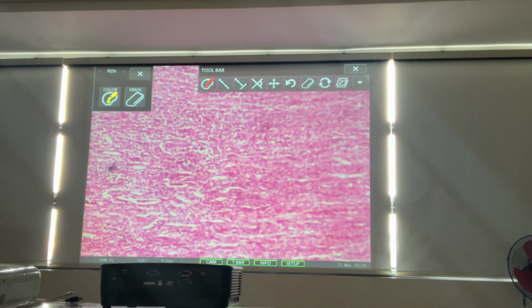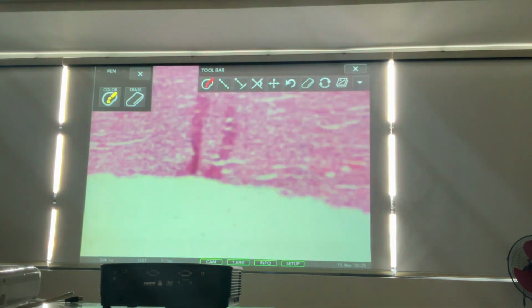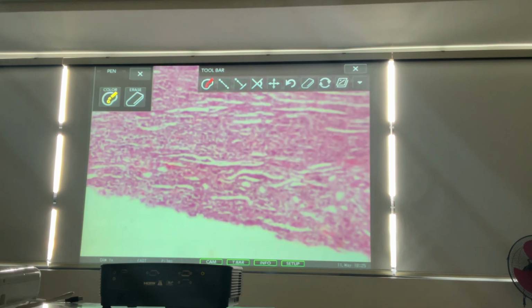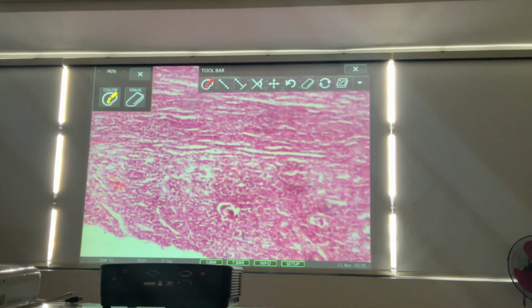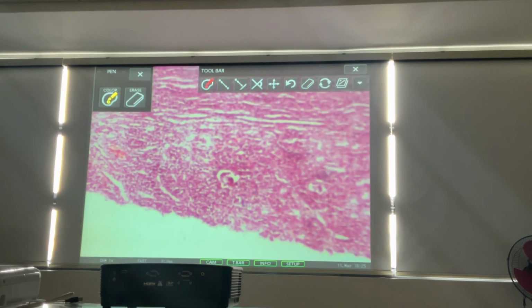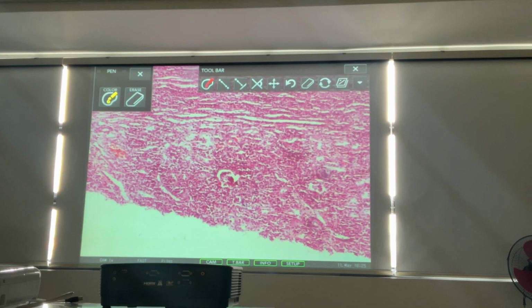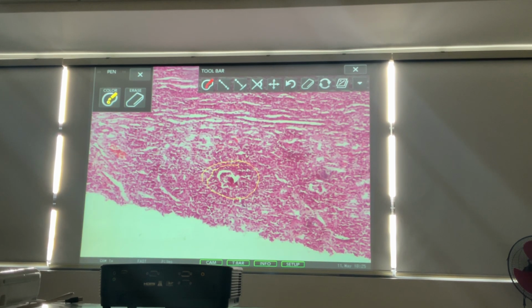Okay, unfortunately, we cannot see any normal glomerulus in this slide. But usually, you would see the glomerulus, okay, here's one, but it is not very well preserved. So this one is a lonely glomerulus, and you notice that even if the surrounding area is filled with inflammatory cell infiltrates, the Bowman space is very, very clean, and it's not affected by the surrounding inflammatory process.